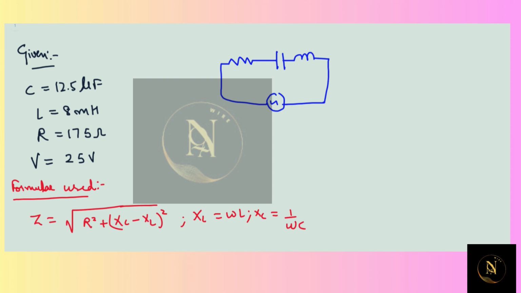This question has four parts, A, B, C, D. We will go one by one to find out the answers. So let's do part A. First we have the impedance, which is Z, which is dependent on this factor. We need to find the condition which makes Z minimum. So Z is minimum